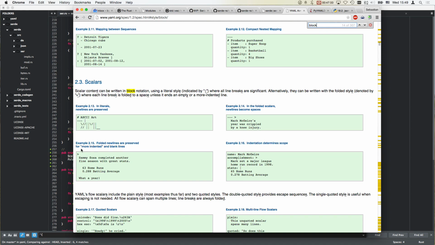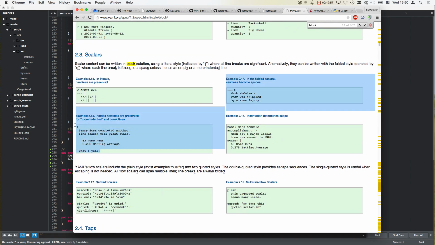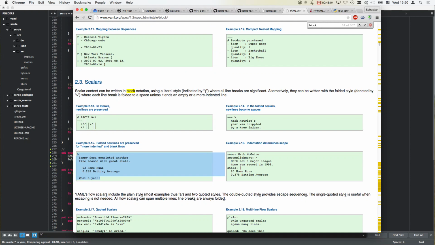Folded: new lines are preserved for more indented and blank lines. Huh. Will be interesting to see how that works. Yeah. So I guess